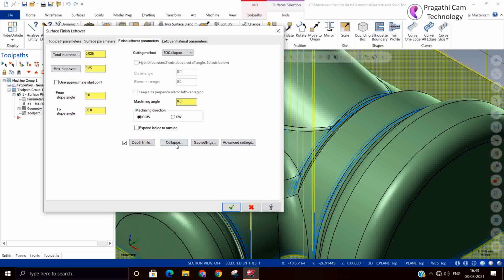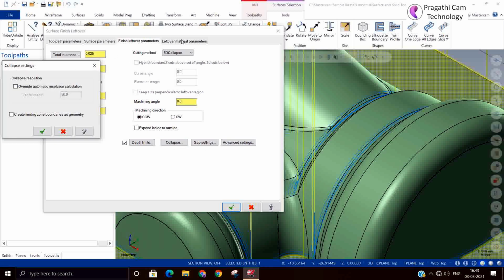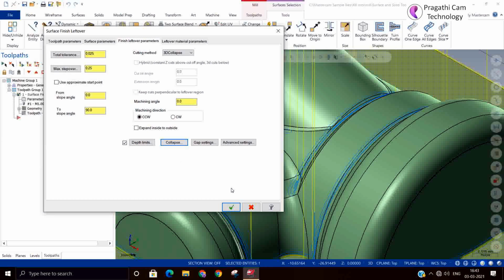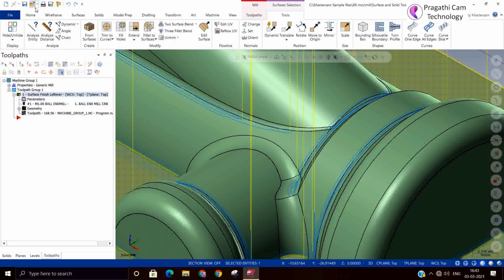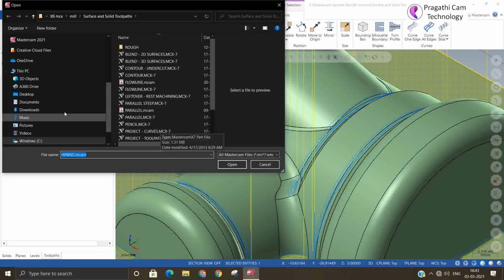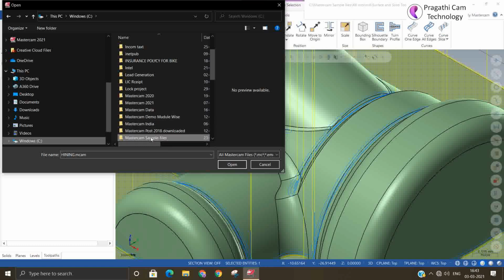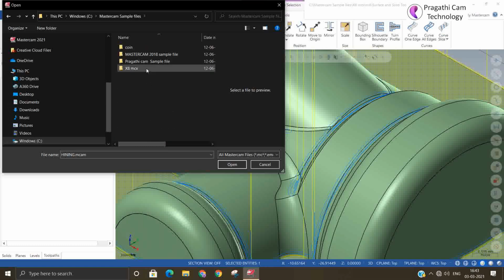Okay. So this collapse is only for the particular toolpath. It does not come under the common parameters. One example we'll see for the gap strategy, for a better understanding. So the edge strategy, as I told you, if you keep the automatically roll on the corners, that will help you resolve all the issues.